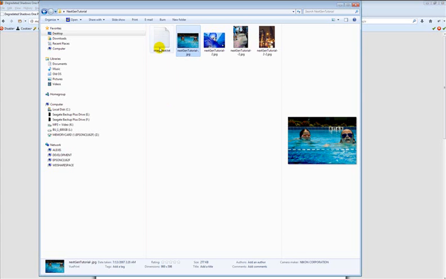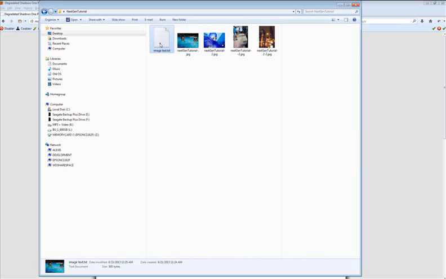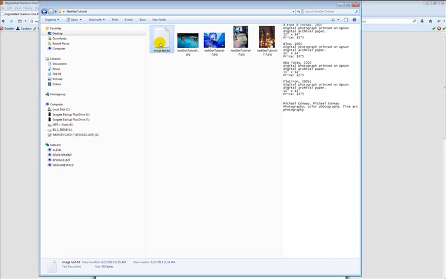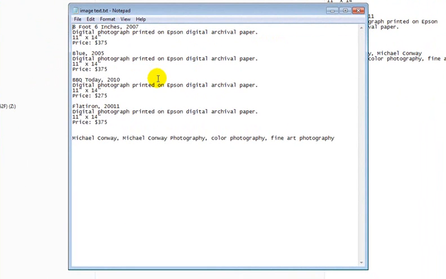The next thing I've done is created a text file, and if I open up this text file, I have created information on each image. I started out with the title, comma, and the date that it was taken, a description of the image, in this case here digital photograph printed on Epson digital archival paper, the size, which is 11 by 14,